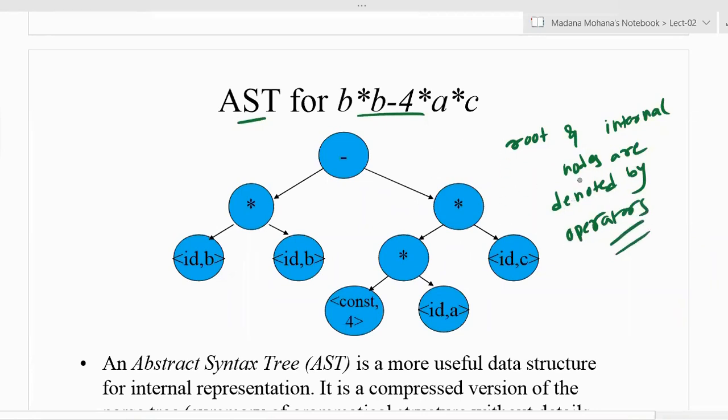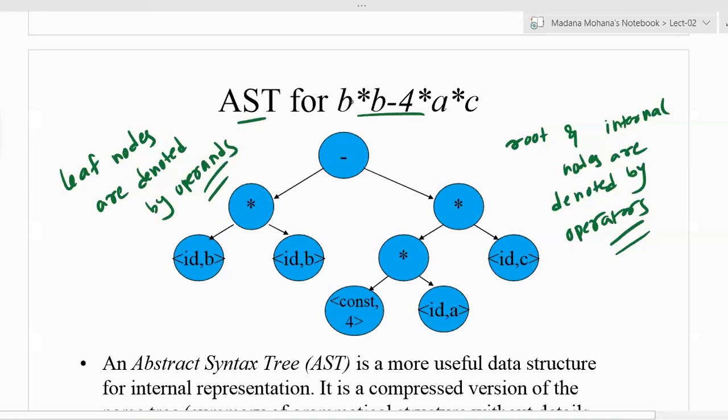Then leaf nodes are denoted by operands. Leaf nodes are denoted by operands. Between an operator, the left hand side and right hand side values are called operands.